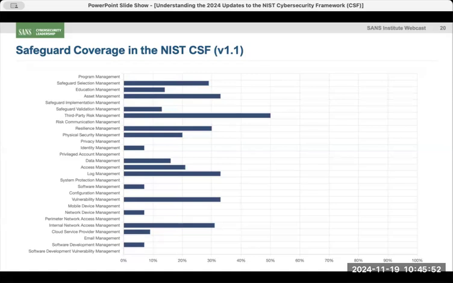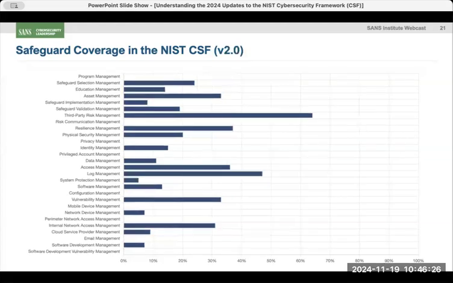If I look in the web app that we built, you can see an example here: the NIST Cybersecurity Framework version 1.1. You can see where it prioritizes. Obviously that big bar in the middle is third-party risk management. You can see some other areas like vulnerability management and log management that have a decent number of safeguards. But then there are others like privileged account management, mobile device management, or perimeter network management, where there are really no statements at all. It helps you see that there are, from a scoping standpoint, just differences in place.